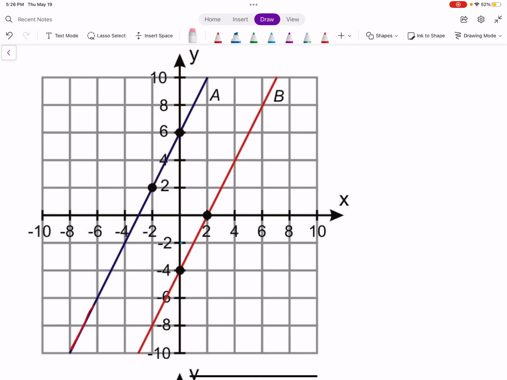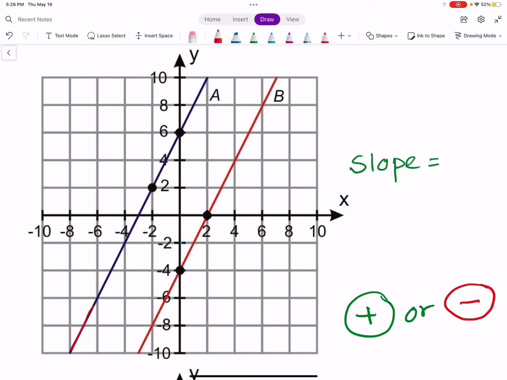What we are trying to do is find the slope values, right? To calculate slope, first you look at the sign, whether it's positively sloped or negatively sloped. We had a lot of practice on that. So how do you define that? The easiest way to say it is this: